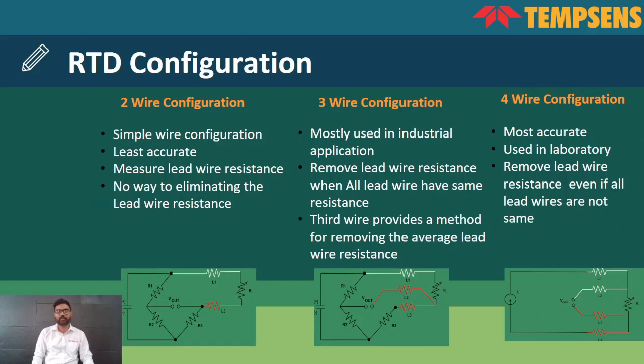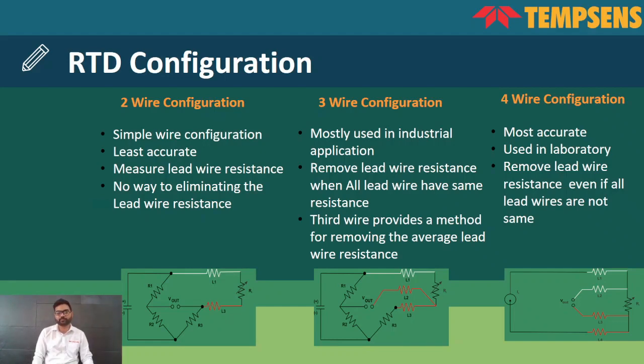Three-wire configuration. This RTD has three-wire element. The RTD is most commonly used in industrial application. This third lead wire provides the lead compensation and hence the average resistance of lead wire is reduced, which improves the accuracy of RTD. Four-wire configuration. It is used for higher accuracy. It is used for laboratory purpose. The four-wire leads form a true bridge which provides the best lead compensation.